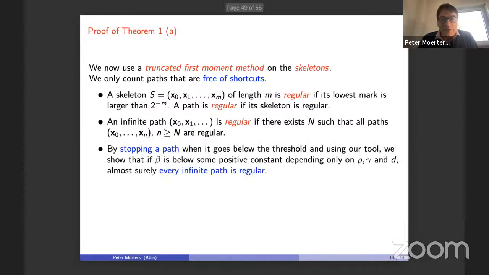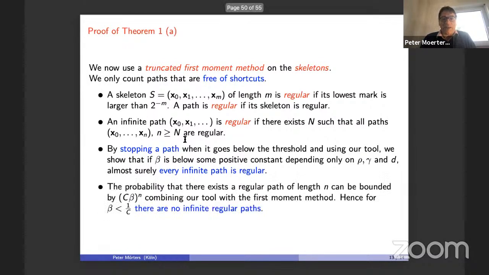Then you can deal with the irregular paths by stopping when you go below the threshold, and use the tool to show that this actually doesn't happen, and that every infinite path is regular. And then you estimate the regular paths, where you now have a lower bound on the mark,